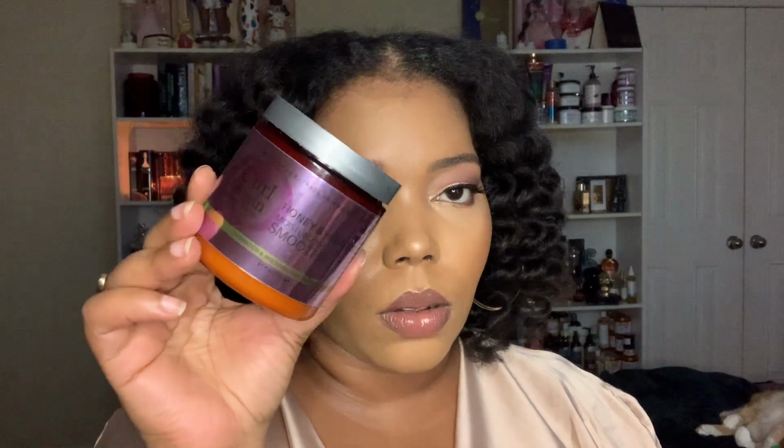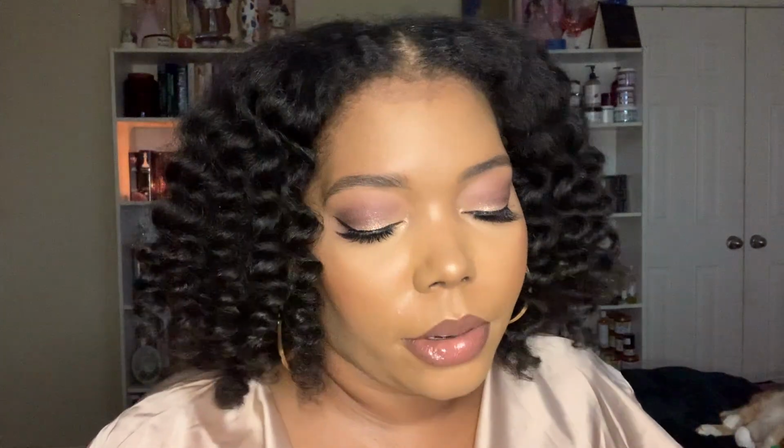I also like to use this on my braid outs on dirty hair when I don't have time to really give myself a good wash, because that really brings out some softness and extra fluffiness. And so I'm able to get some volume out of that look, even though I'm working on dirty way down hair. And then last but not least,